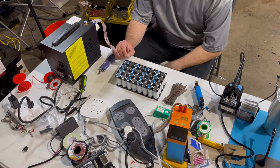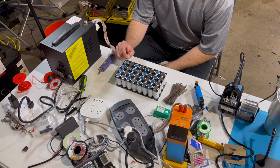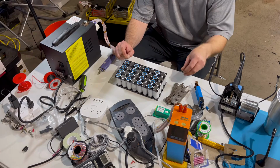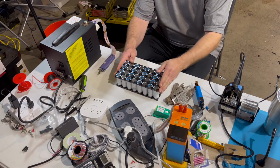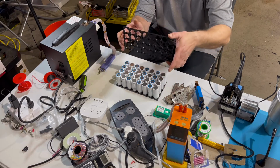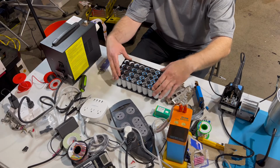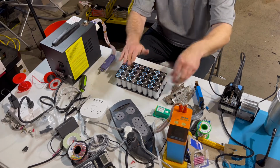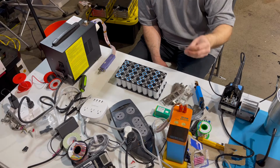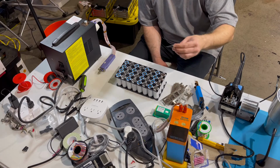Build this battery pack to put in a kid's four-wheeler. And so when I'm doing spot welding, what I have here is a pack. These cell spacers go together. They're kind of like Legos almost, and they hold the cells in place. And then this is called 2P nickel strip, and I'll put this down and then double it up, and then